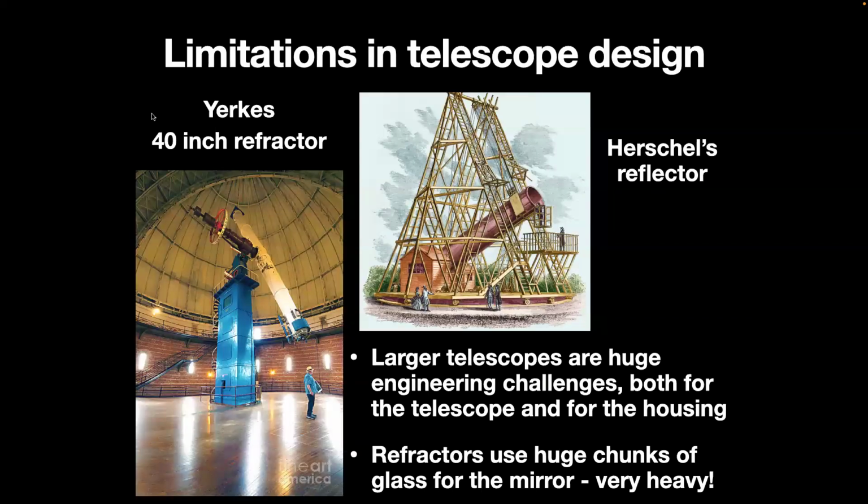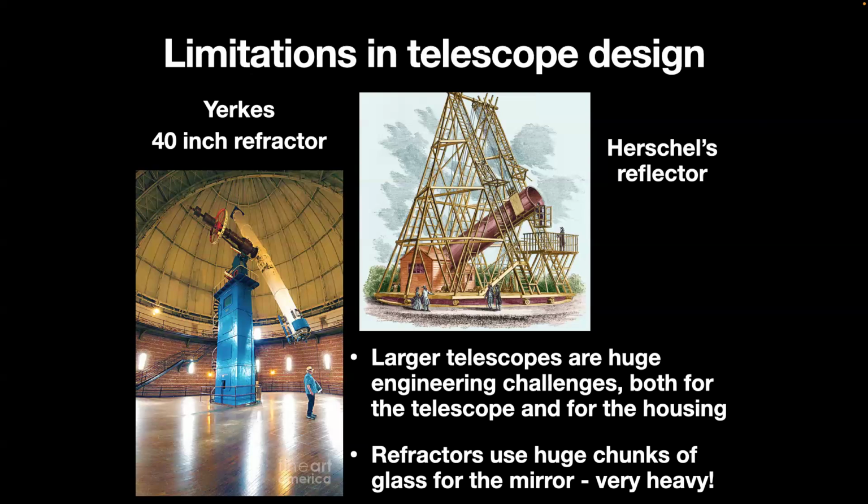Okay, so right here, I think this is the Yerkes telescope. I think I'm pronouncing that right. So this, I believe, is the largest refracting telescope ever built. You can see how huge it is. This is just a guy standing right here, and this is the telescope. It's a 40-inch telescope at the Yerkes Observatory at the University of Chicago. And this is an example of Herschel's reflecting telescope, which is also absolutely huge. So you can see just from these here that